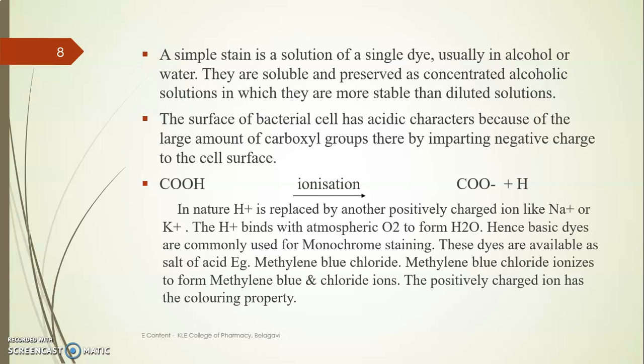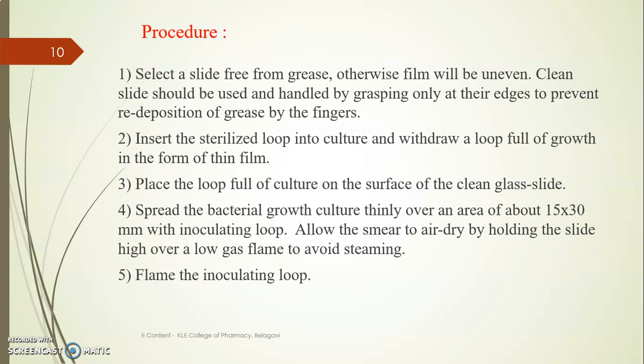Different tissues and cells require different types of staining. There are many different categories of stains, like crystal violet, eosin, ethidium bromide, fuchsin, hematoxylin, iodine, Bismarck brown, malachite green, methylene blue, neutral red, osmium tetroxide, safranin. These are different types of dyes which are used. So when we talk about simple staining,